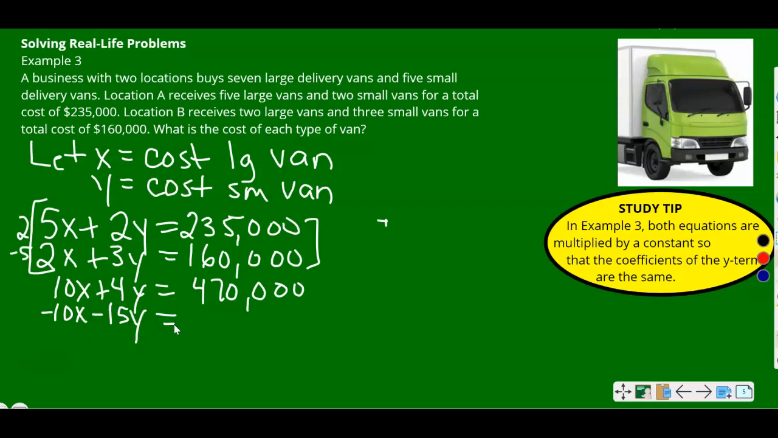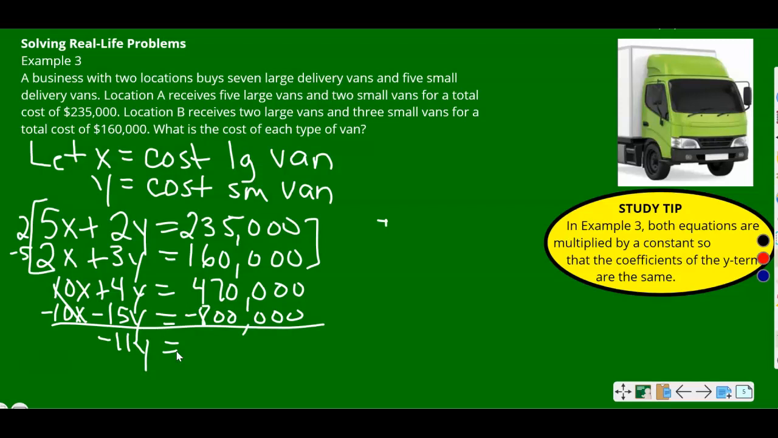And 160,000 times -5 is -800,000. All right, so we can see that our 10x minus 10x is now going to cancel if we add these two equations together. 4y minus 15y is going to be -11y. And then we got 470,000